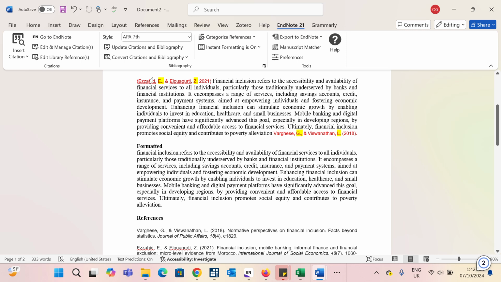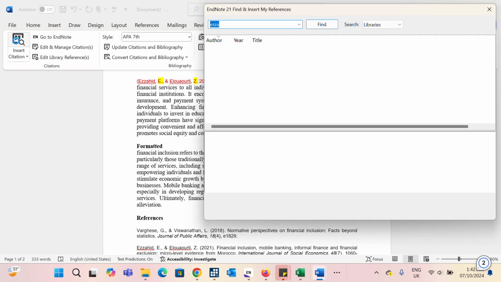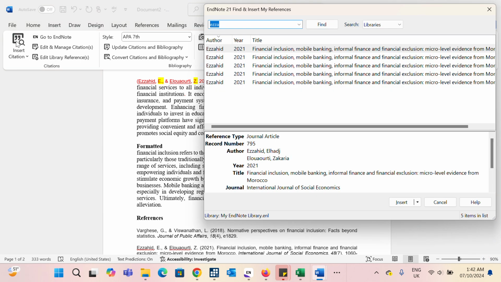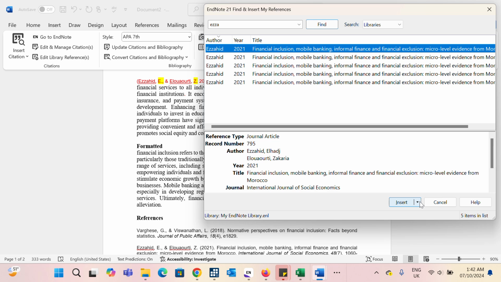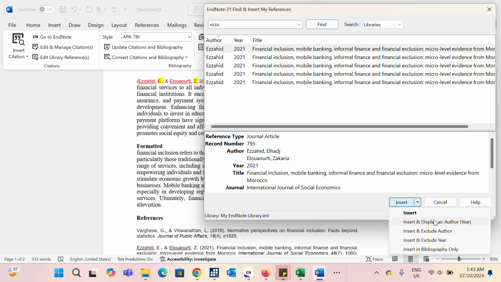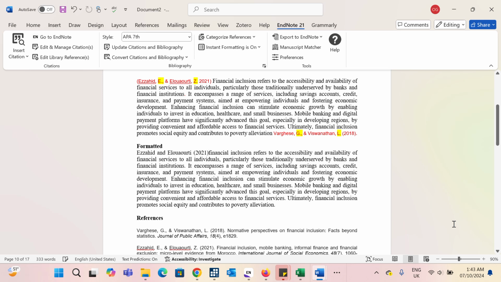Then we'll format this using the narrative citation instead of the parenthetical citation. So we'll click on this, we'll type the name of the author. Okay, it's here already, and then we'll click on the drop down. You can see auto bracket here. You click on this. So once you click on this, you just ensure that it aligns. You can see it automatically highlights it, aligns. So this author opined that financial inclusion refers to